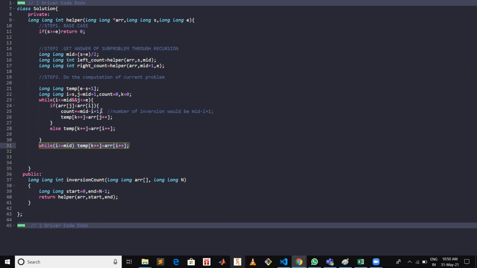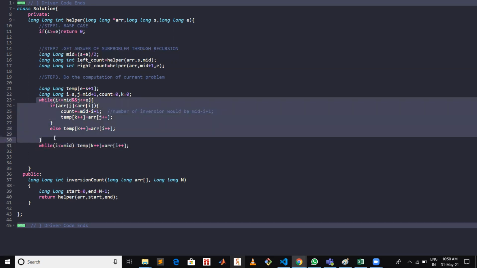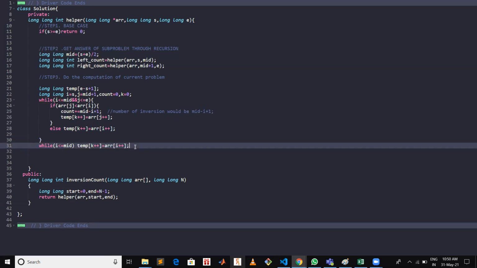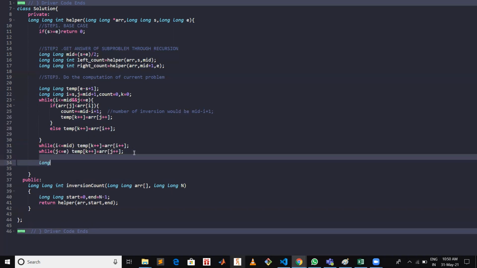Then after this loop completes, either i will cross the mid or j will cross the end. Whatever is left, we will just copy it since it's in increasing order already. So if i is still less than or equal to mid, we will copy that, or if j is still less than or equal to end, we will copy that.